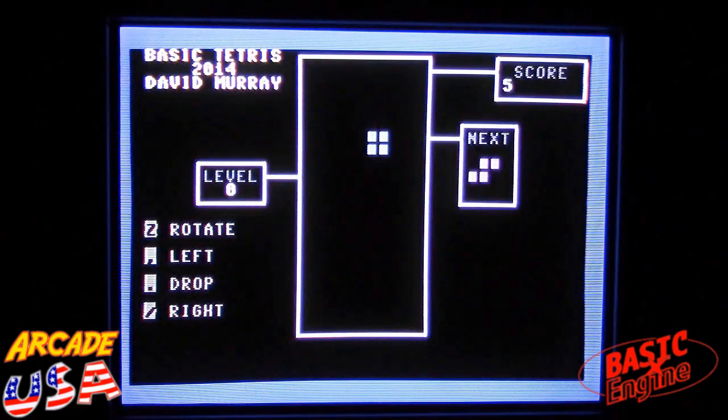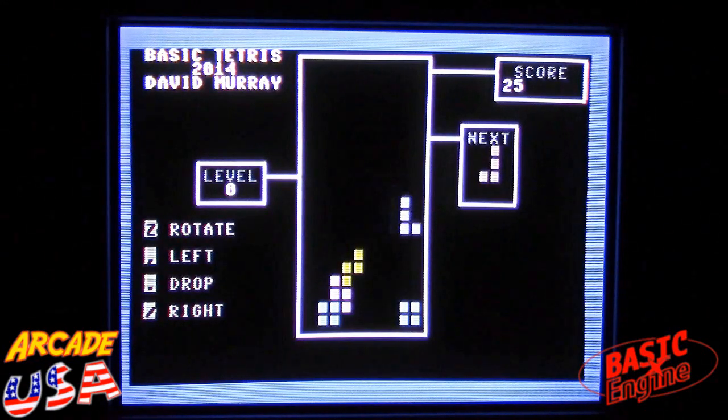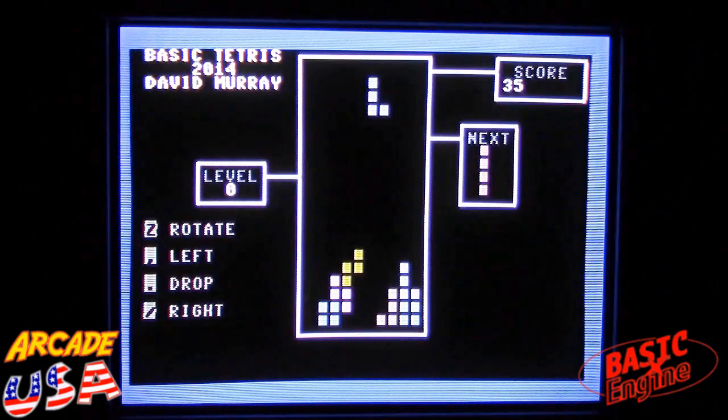Boom, there it is. You can see the controls are on the side. This is a keyboard controlled game. And it controls and plays just like Tetris would. There's no sound in it, I don't think, but this is a pretty impressive little game. And somebody just wrote this in BASIC directly on this computer. I think that's a lot of fun, and it kind of gives you a good idea of what you can do,